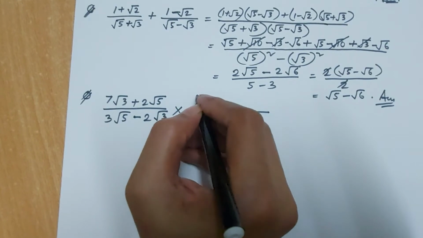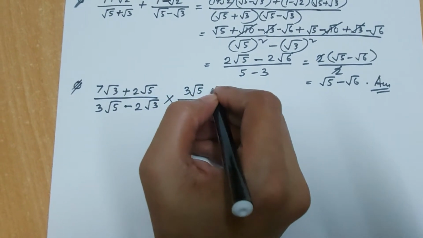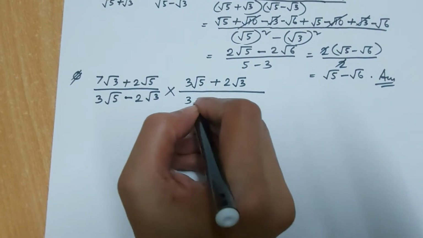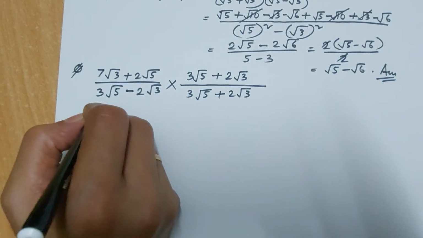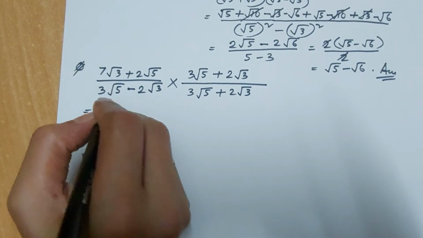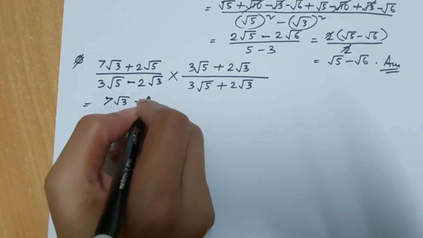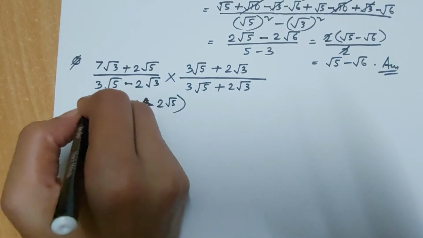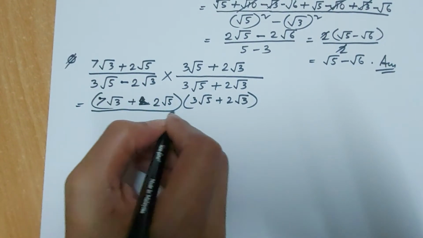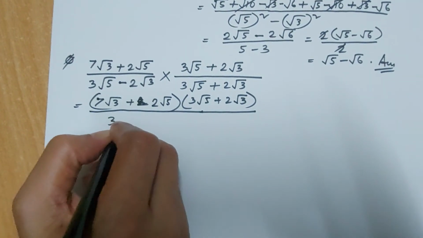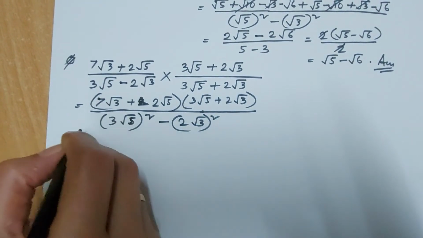Then I am multiplying the numerator and denominator with the conjugate surd, 3 root 5 plus 2 root 3. Right? Then 7 root 3 plus 2 root 5 into 3 root 5 plus 2 root 3, divided by 3 root 5 whole square minus 2 root 3 whole square, equal to